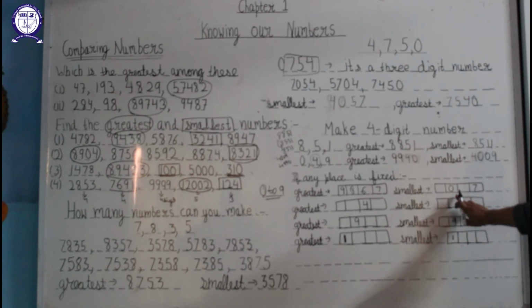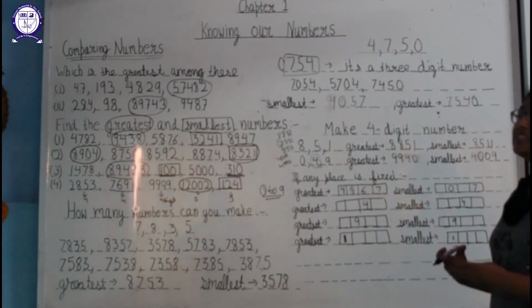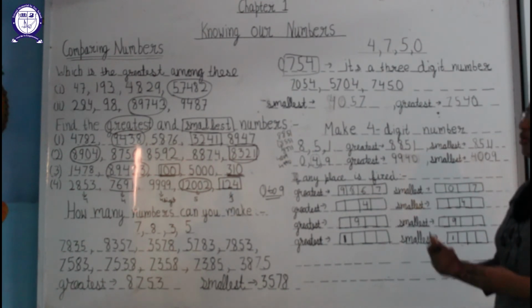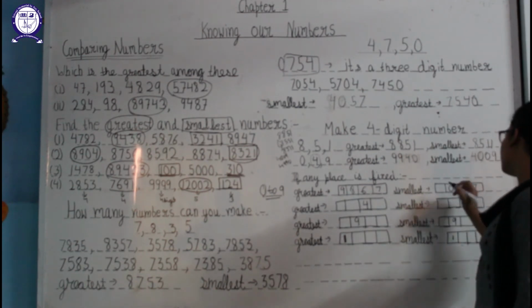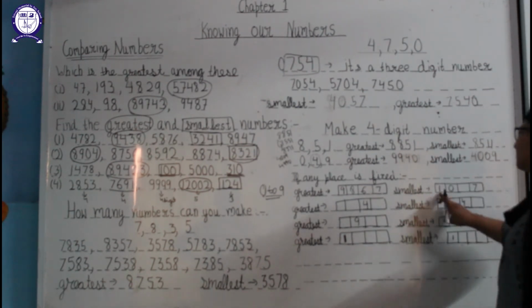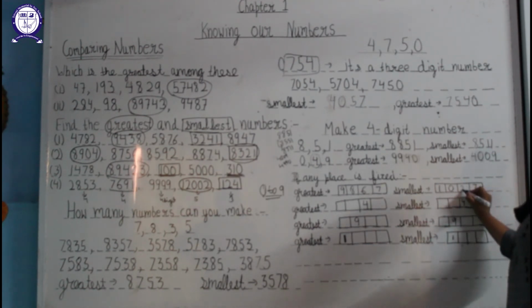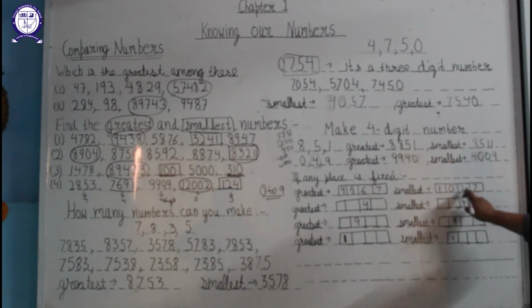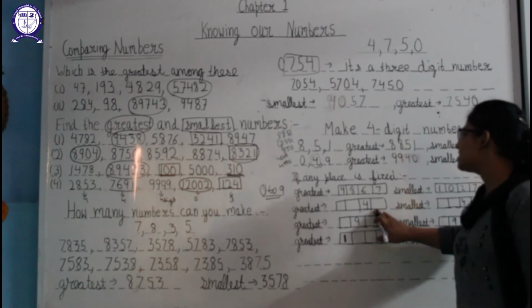You can put 0 at the second place, and as I told you earlier, use a digit greater than 0. So 1 is the smallest of all these digits from 0 to 9 that is greater than 0. So we will put 1 at the first place, then 0, then 2. So we can say that 0, 1, 2 are used here, and 7 is fixed here. Now we move to the next part.